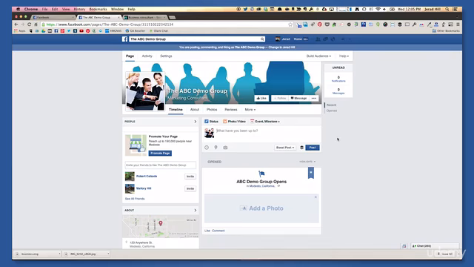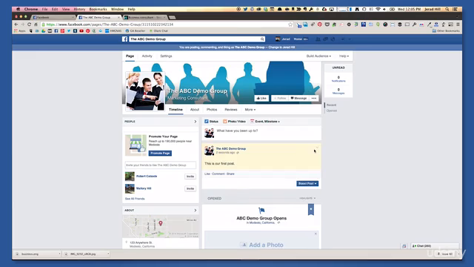For lack of a better thing to post, I'm just going to type in, this is our first post, and then hit post. That is the simplest form of adding a post to Facebook. It says 2 seconds ago, this is our first post, and that's all that there is to it. Nothing else was added or changed, that's just a pretty boring and bland post.